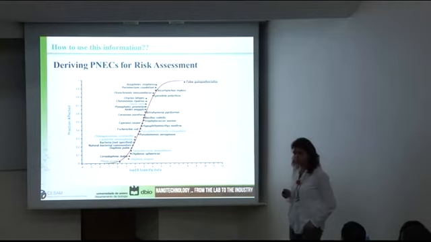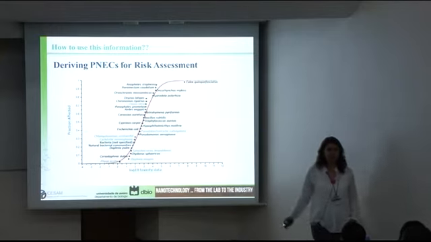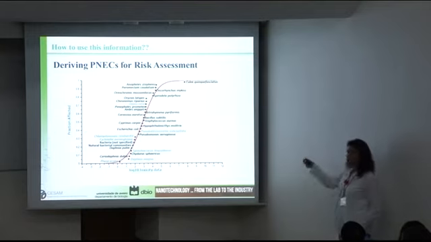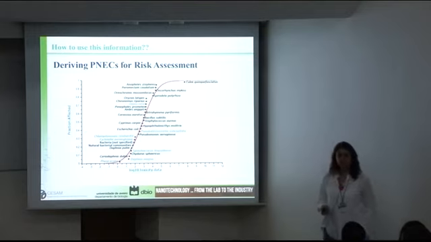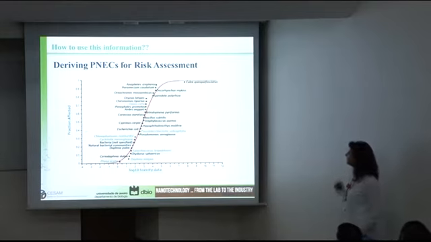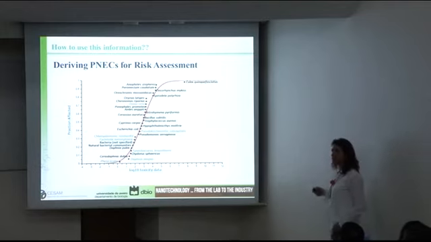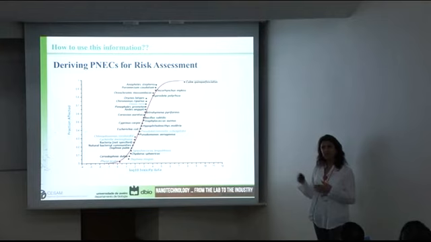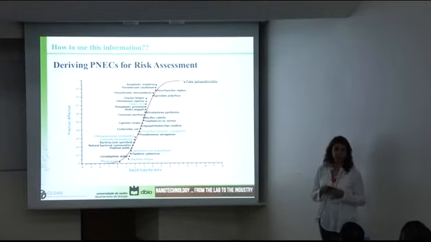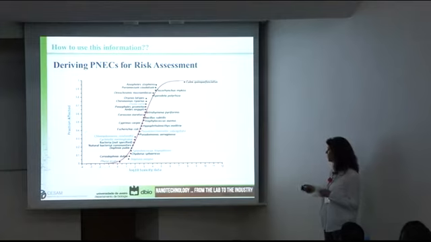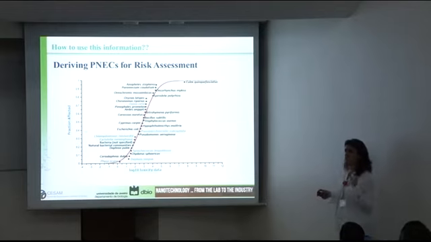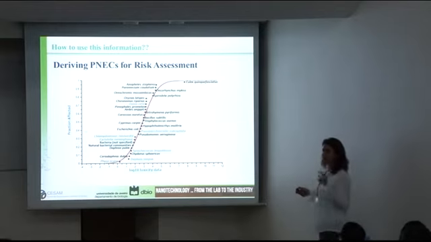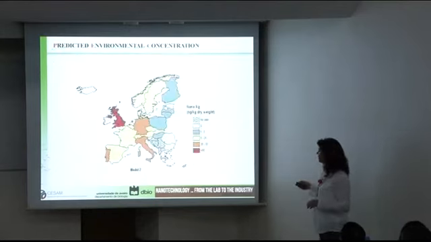So, how do we use this information that we collect in the lab? We can build up curves like these. With as much information as you collect from different types of organisms, you can run a species sensitivity distribution that will rank your species in terms of sensitivity, and then you derive what we call the hazard concentration for 5% of the species. This means that we are aiming at protecting 95% of the species. This concentration will then be used